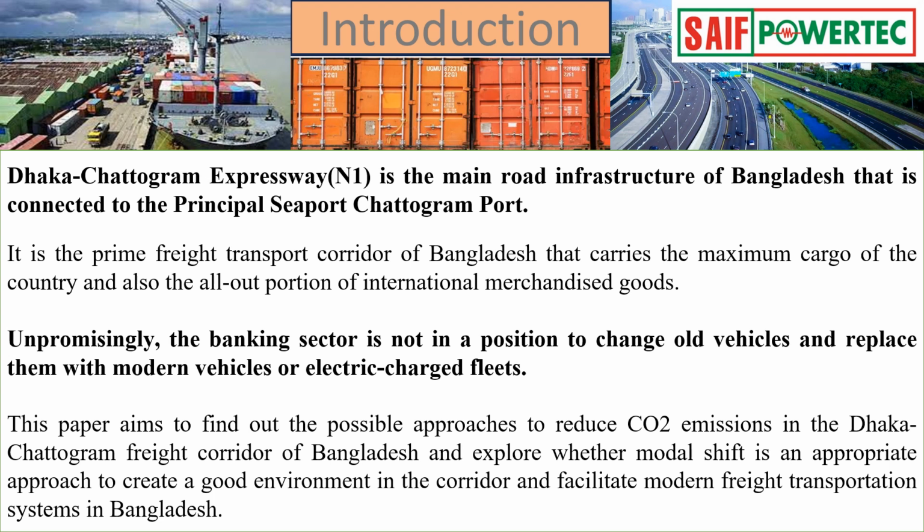Unfortunately, the existing vehicles like conventional trucks and covered vans are managing the full trade of the corridor, so it is essential to remove the conventional trucks and covered vans that are very unhealthy. But the banking sector is not in a position to change old vehicles and replace them with modern vehicles or electric fleets. Yet no modern technology has been started to replace and convert these vehicles into